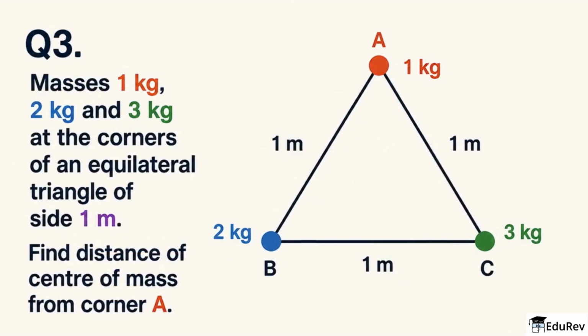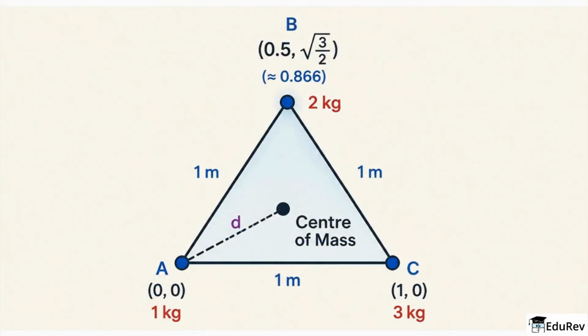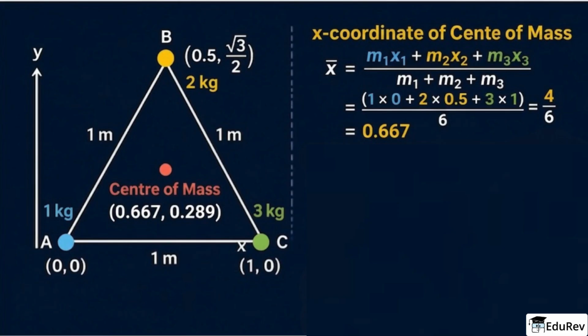Question number 3 has masses 1 kilogram, 2 kilograms and 3 kilograms at the corners of an equilateral triangle of side 1 meter. Find distance of center of mass from corner A. Coordinates are A 0, 0, B 0.5, square root 3 over 2, which is 0.866, and C 1, 0. X coordinate equals 1 times 0 plus 2 times 0.5 plus 3 times 1 divided by total 6 equals 4 divided by 6 equals 2/3, which is